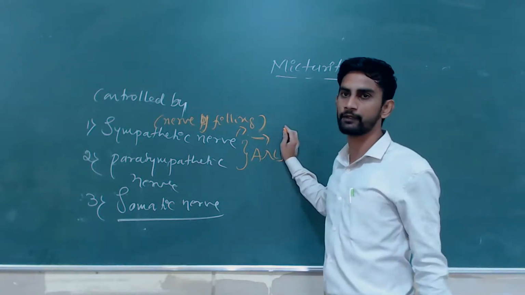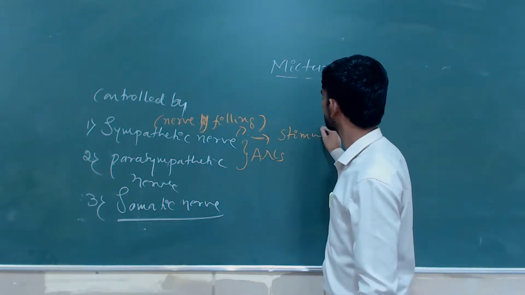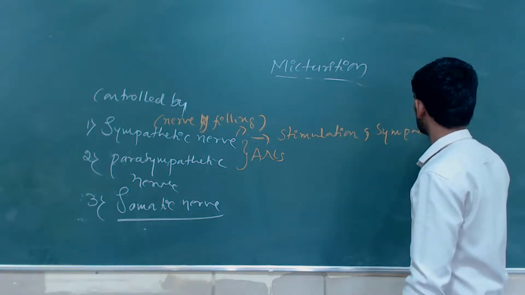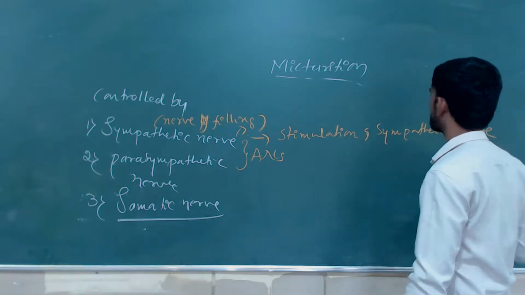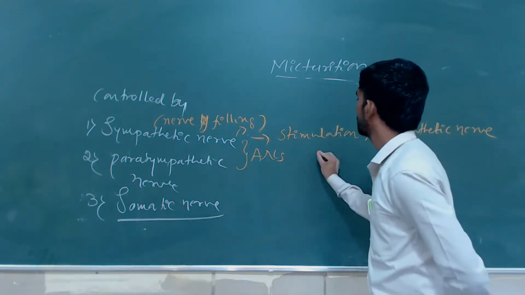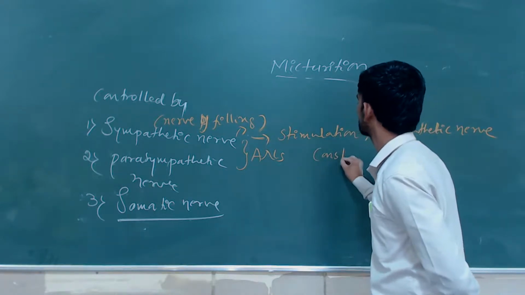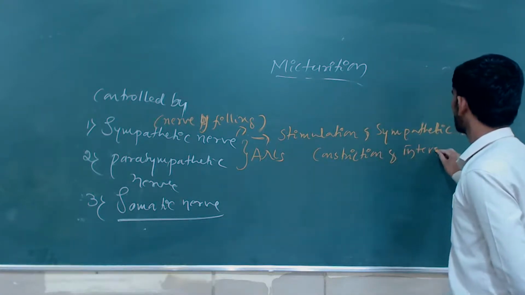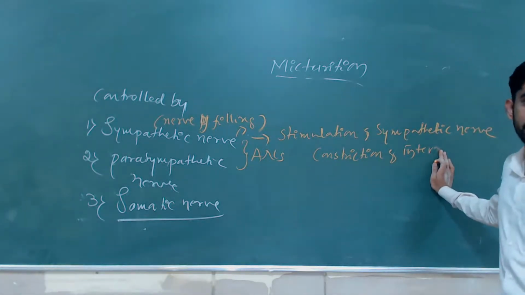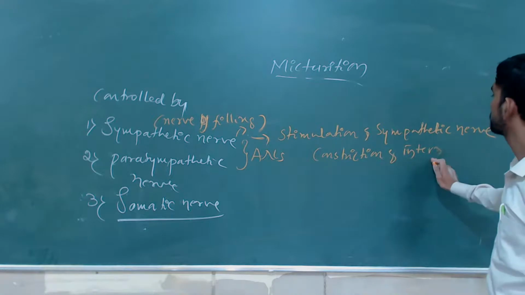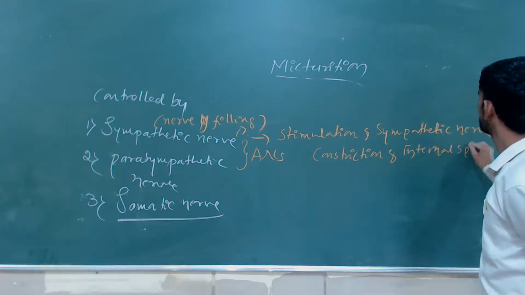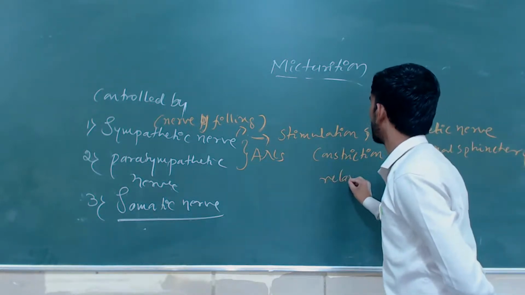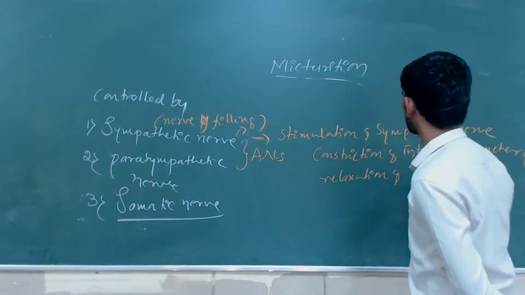In that condition, what will happen? When stimulation of the sympathetic nerve takes place, it will involve constriction of the internal sphincter. You already know that. So internal and external sphincters you will find in the urethral opening. So, constriction of the internal sphincter and relaxation of